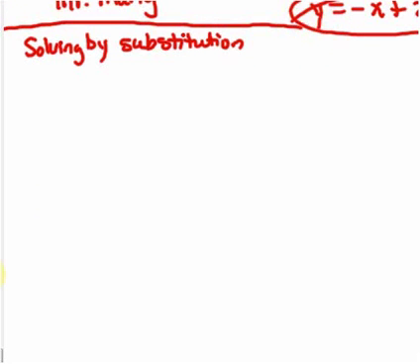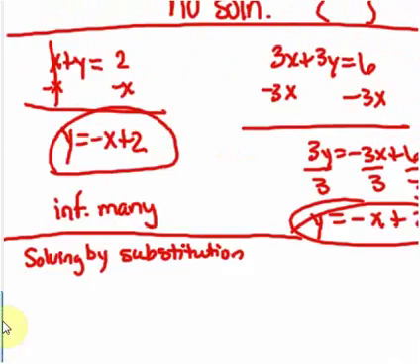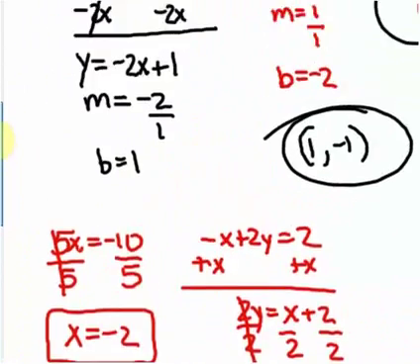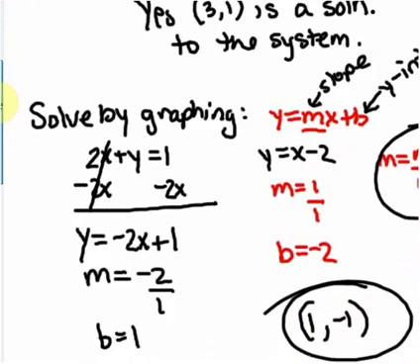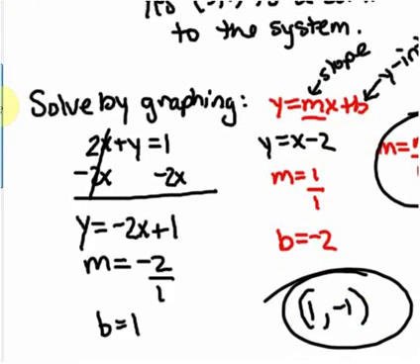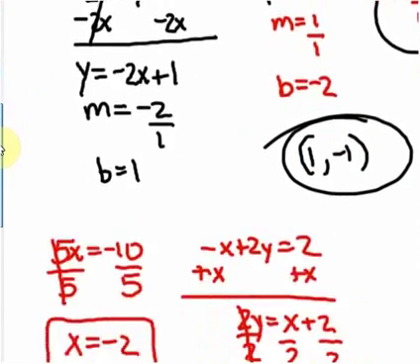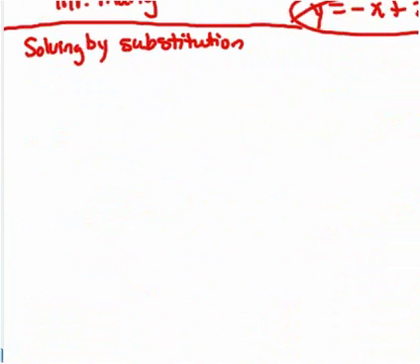Okay. What we learned up here was how to solve a system of equations by graphing. Okay? We learned also what it meant to find a solution to a system. It meant to look for an ordered pair that they have in common. Now we're going to talk about how to do this algebraically. Algebraically is preferred most of the time, so if somebody gives you a problem to work or you have a problem on a test to work and they don't tell you specifically which way to work it, you should go with one of the next two algebraic methods that I'm going to teach you, because graphical